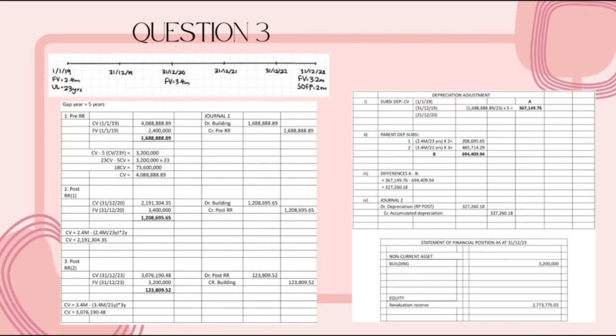For the last post RR, to get the amount of CV, 3.4 million minus 3.4 divided by 21 years times 3 years, we will get the amount of CV 3,076,190.48. So the CV 3,076,190.48 minus the FB 3.2 million, we will get the post RR 123,809.52. The journal would be debit post RR 123,809.52 and the credit will be building